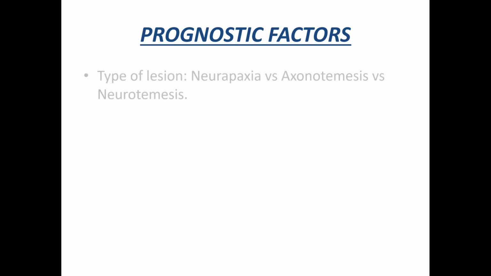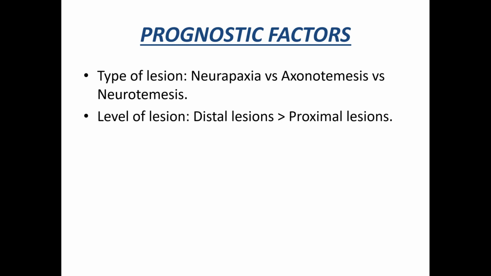Okay. Now, what are the various prognostic factors upon which the nerve recovery depends? The nerve recovery depends, first of all, on the kind of lesion. As we discussed, neurapraxia has a very good prognosis because all the layers are intact and it's just a physiological block. So recovery will occur spontaneously. Axonotmesis has the second best prognosis because some layers in the endoneurial tubes are intact, and therefore the myelin and the axonal degeneration will occur. While neurotmesis has a worse prognosis because all the layers of the nerve are in discontinuity, and unless surgical repair is done, the recovery does not occur.